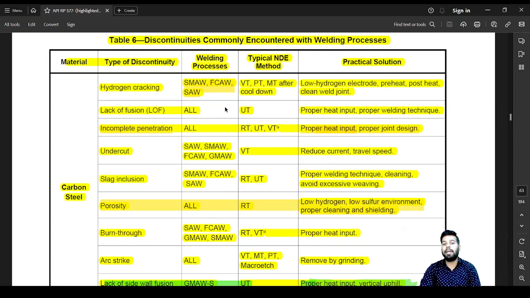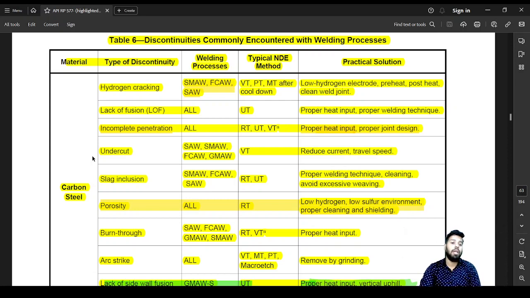Lack of fusion: all welding processes are subjected to lack of fusion. Typical method of identifying it is going to be UT. The general cause is going to be improper heat input and improper welding technique. Lack of penetration can be in all welding processes. UT, RT, VT are going to be the better testing methods to identify this. Improper heat input and improper joint design are going to be the much bigger culprit for lack of